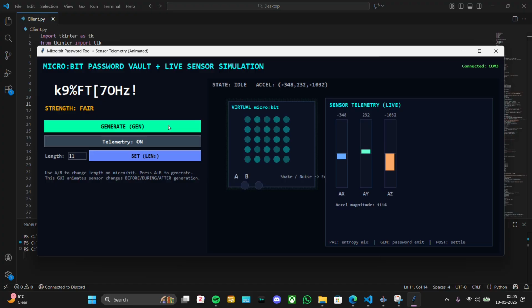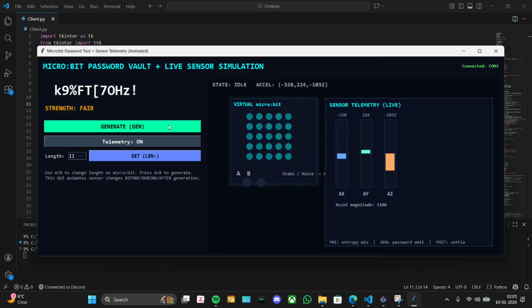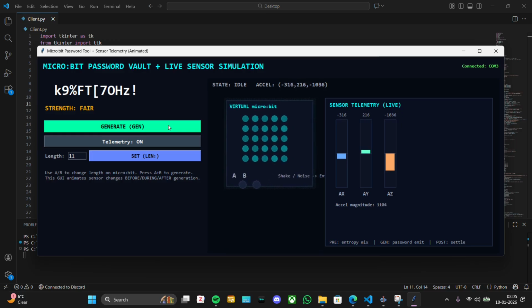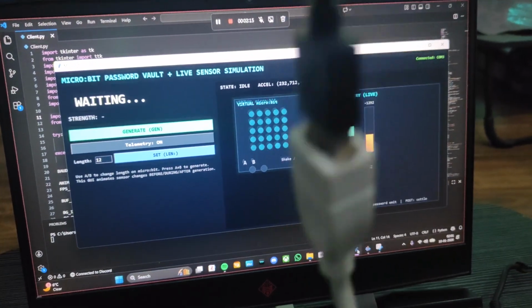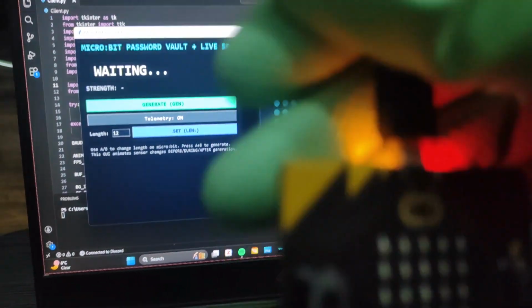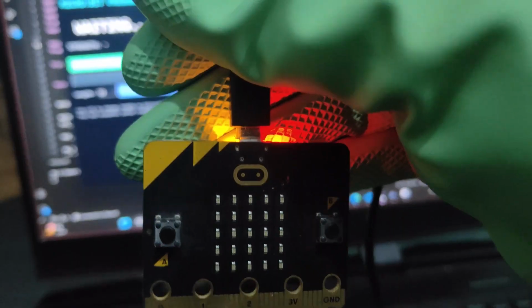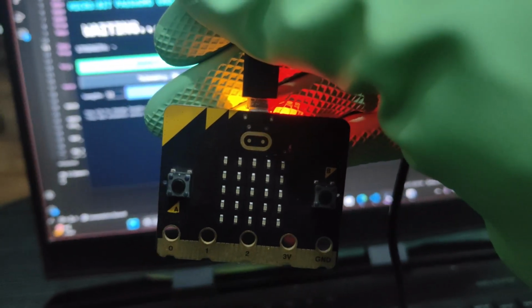Overall, this project ties embedded systems and desktop software together in a clean pipeline. Micro:bit sensors plus timing provide entropy. MicroPython transforms that into passwords and sends events over UART serial, and the Windows client provides an advanced animated visualization, command controls like GEN and length updates, and a real-time strength indicator,